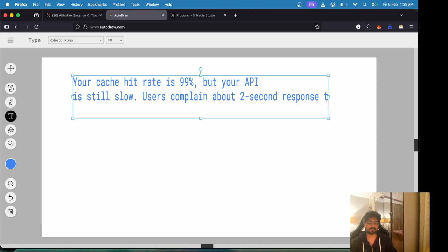So connection pooling is one thing that is a very good optimization, because we don't want to bombard our database with infinite connections. At one point of time, we will run out of connections, and all our memory will get exhausted, and every request that comes in will just fail.